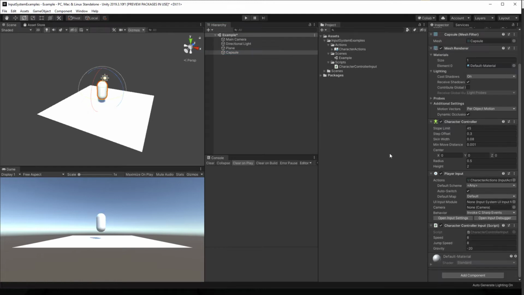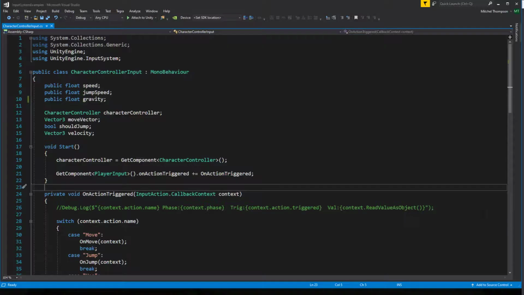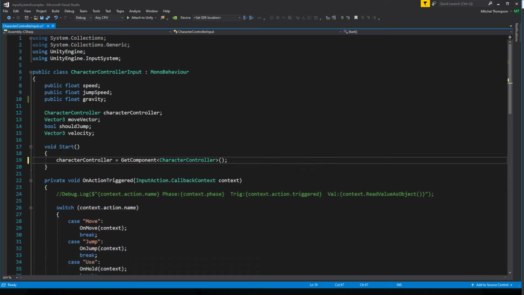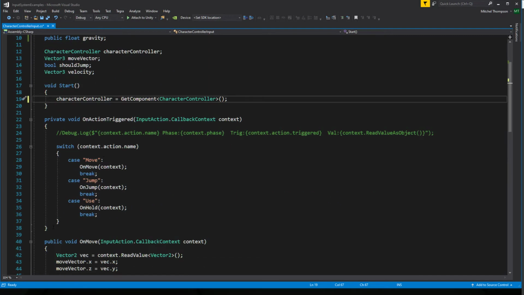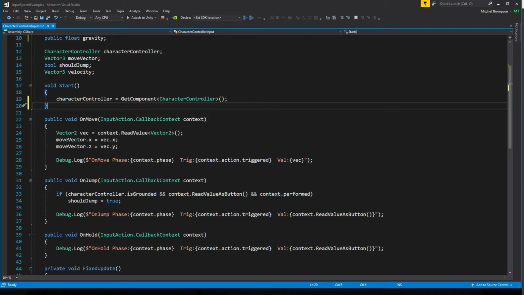Okay, so I'm going to start this by removing player input because we don't need it, and opening up the character controller input script again. And look at all this stuff that we don't need. That goes away. Still need our character controller. This on-action triggered thing that I hate so much goes away forever. And all of these input action callback contexts are actually still kind of useful. But we're not going to trigger them from player input. We're going to trigger them directly from the input action